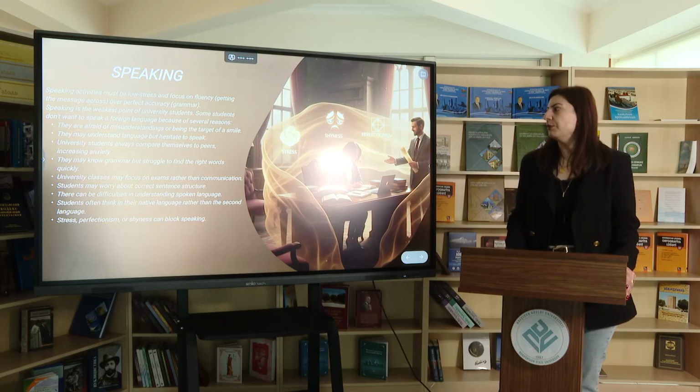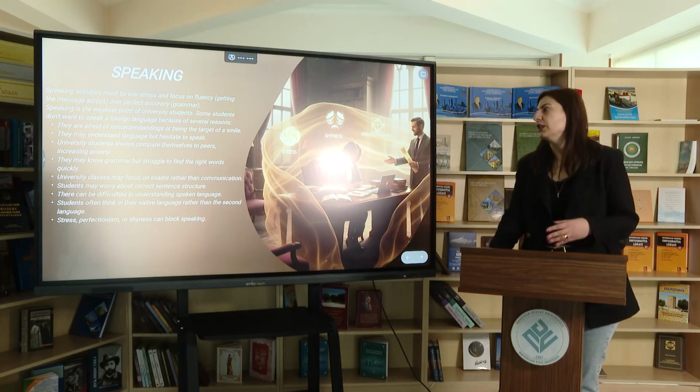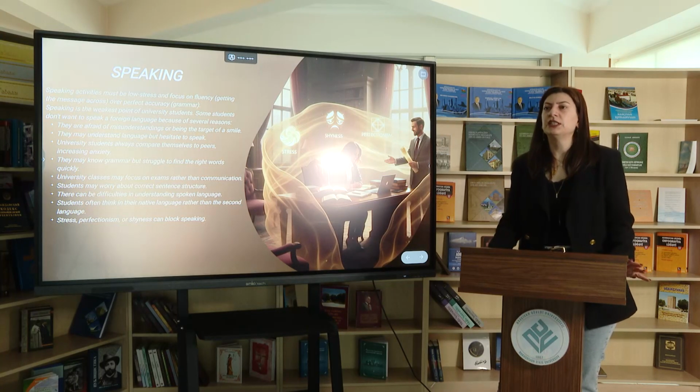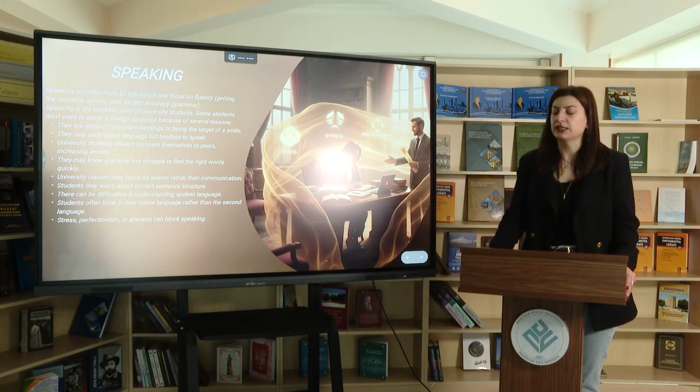Students may worry about finding correct sentence structure, and there can also be difficulties in understanding spoken language, and students only think in their native language rather than the second language.